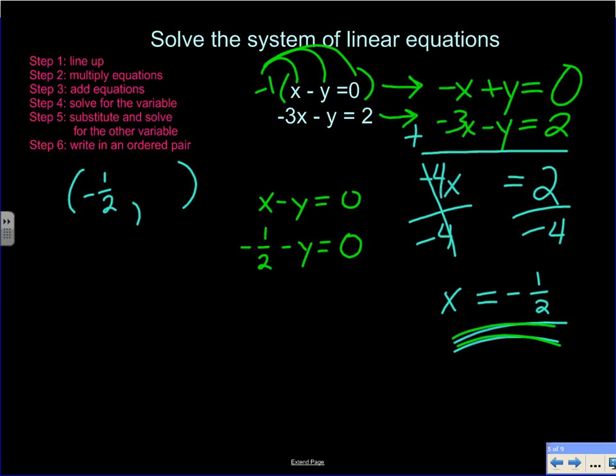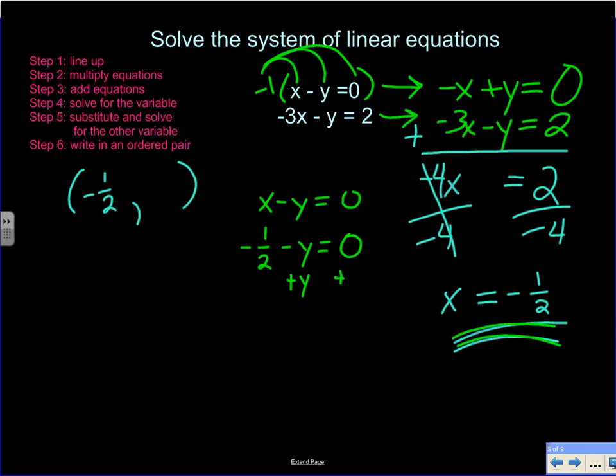Now, how do you solve for y? A lot of you might be inclined to say that we should add 1/2, but then if we do that, we still have the negative sign in front of the y, so then we're going to have to either divide both sides by negative 1 or multiply both sides by negative 1, depending on how you think about it. But looking here,